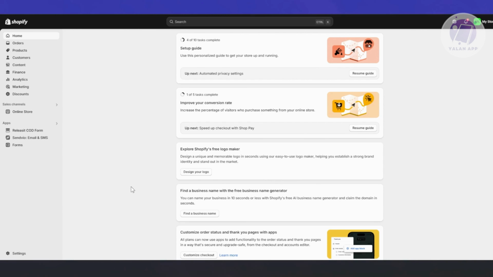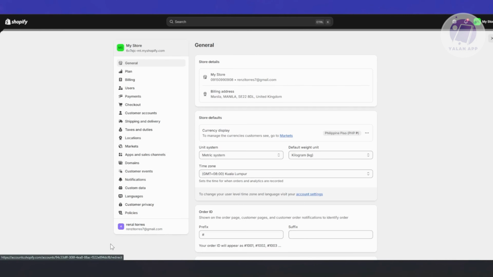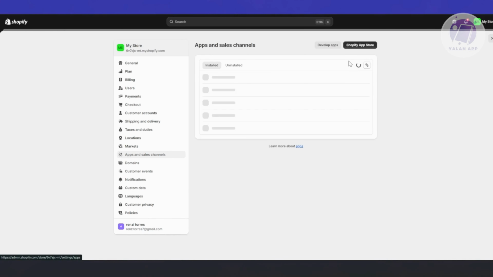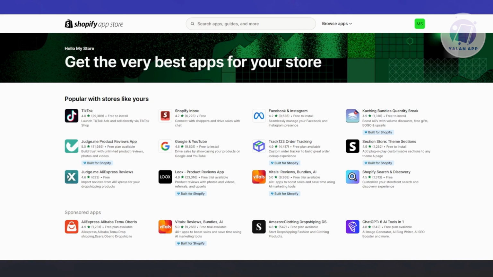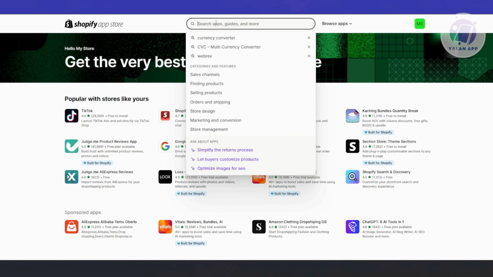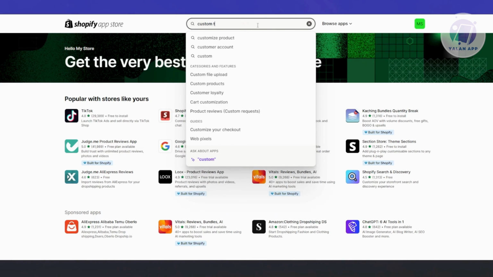Now, in this case, we'll be installing one. Obviously, there are going to be a lot. Let's go and visit settings here at the bottom left again, click on Apps and sales channels, and click on Shopify App Store at the top right. Now from here, you want to just start searching for different apps out there. There are going to be a lot of apps that you could use. So let's just type in custom t-shirt